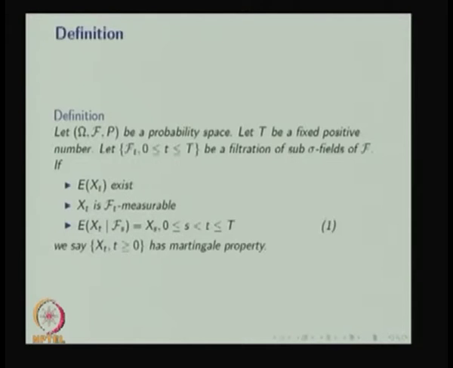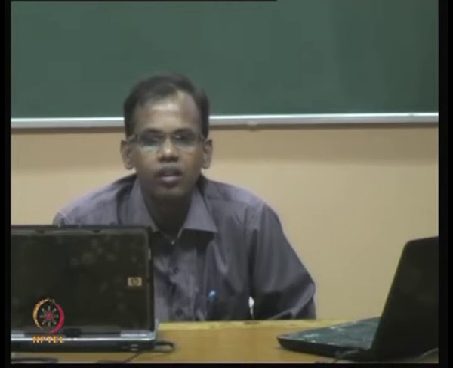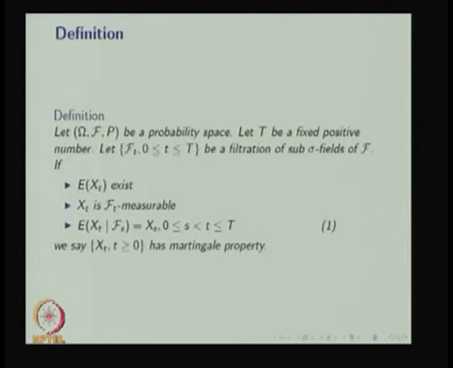Also, X_t should be F_t measurable; this we also discussed in the last lecture. Whenever we say the random variable is F_t measurable, that means the sigma field generated by the random variable X_t should be contained in F_t. If this property is satisfied by the random variable for a given filtration F_t, then we say, for a given sigma field, X_t is F_t measurable. So the second condition is X_t is F_t measurable. The third condition,